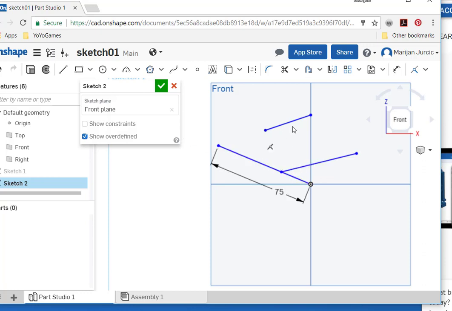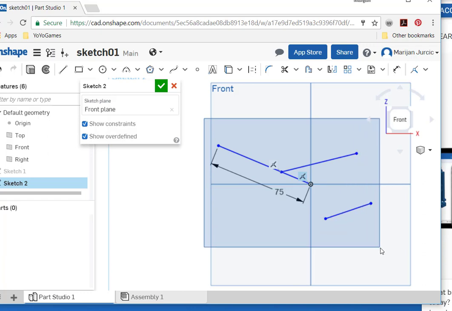If you ever want to remove some of these constraints, you go over here where it says show constraints, and you right click and you delete the sketch entity, and see now I can move this freely around. So you have options on this, right? I'm going to select all of these,